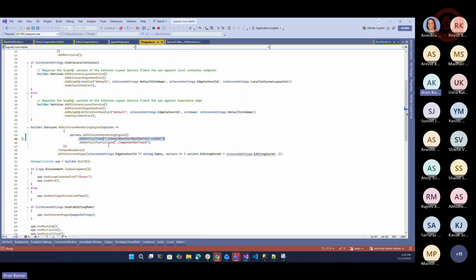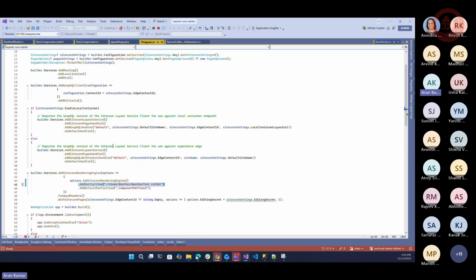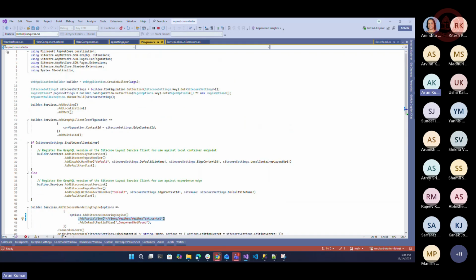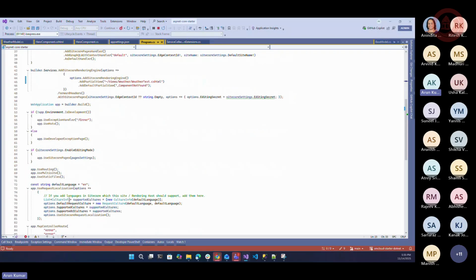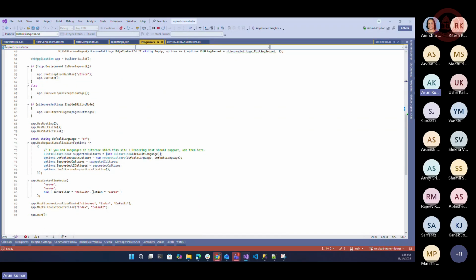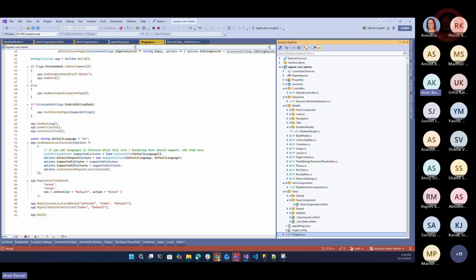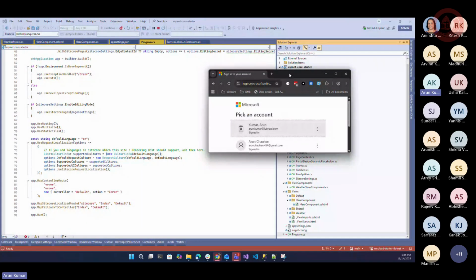And we also discussed the multi-site setting. So we can enable the localization and multi-site here. If we don't want multi-site, if we are not using multi-site architecture, then we can remove these extension points from here. So it will run as a single standalone application. So now, if we open the URL,